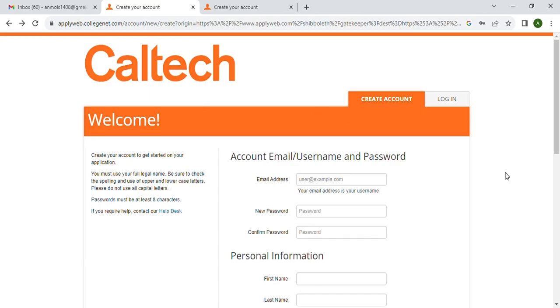Today we'll see how we can fill the form for the California Institute of Technology for the graduate program. So first click create an account, then enter the email address, set the password, then confirm the password,